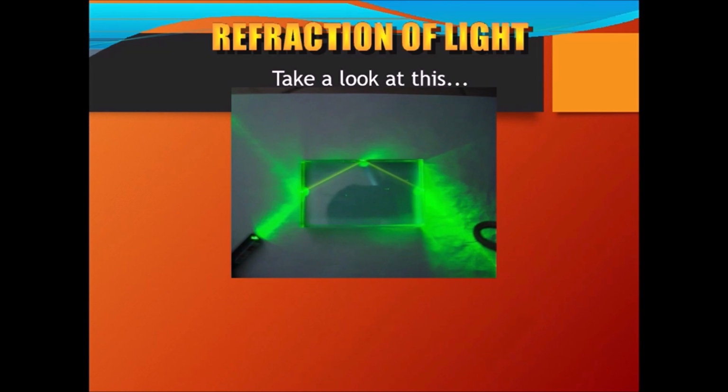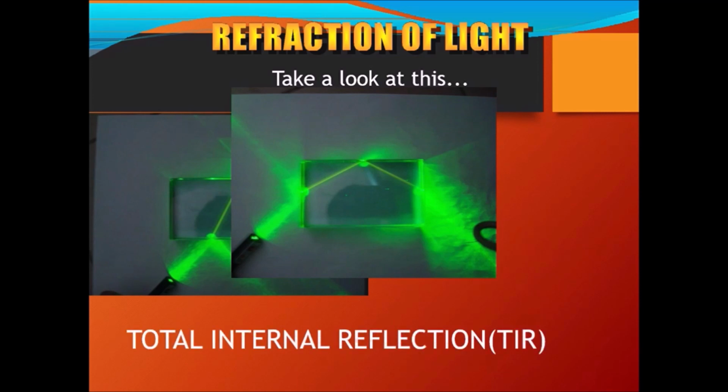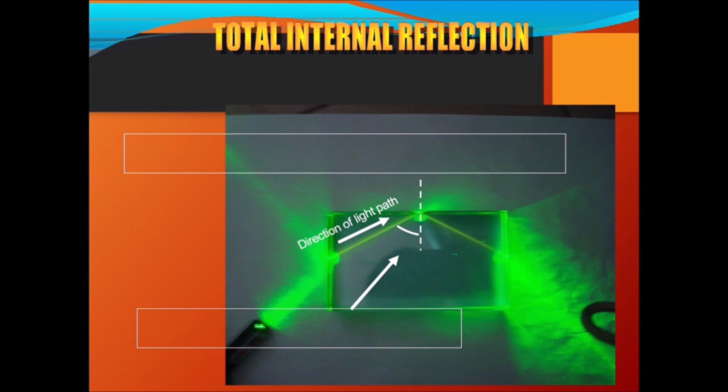Moving on next, let's look at this. What you can see is a ray of light going, and then it is hitting this glass internally and getting reflected. Wow, a ray of light is going inside a glass, but instead of coming out, it is bending inside, meaning it's getting reflected. This phenomenon is called total internal reflection. In short, you call it TIR. What do you call it? TIR, total internal reflection.